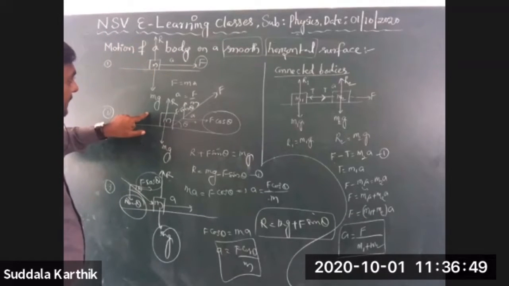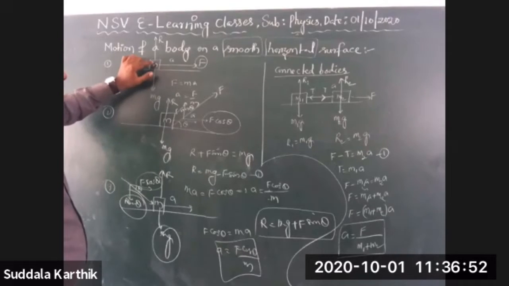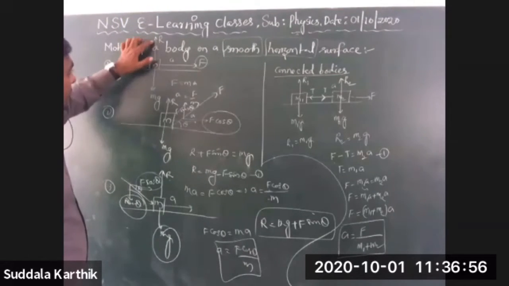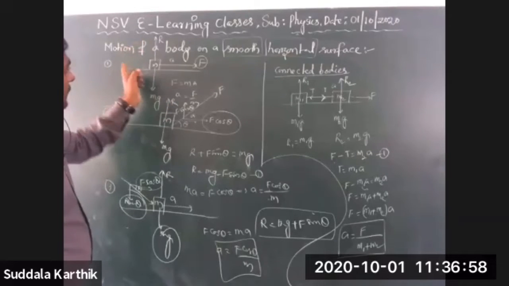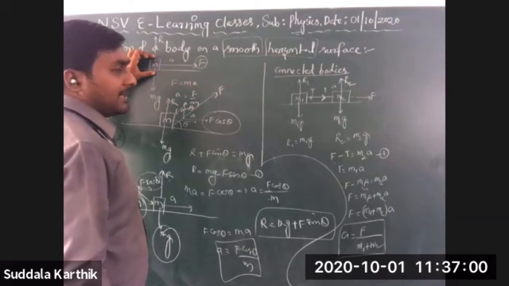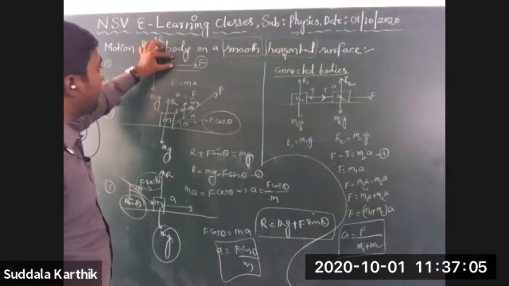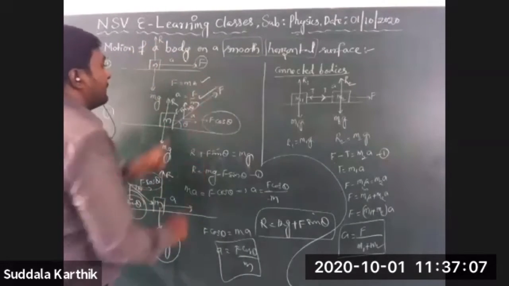Definitely the weight is in the downward direction, and the equivalent normal reaction is developed in the upward direction. So now F equals R equals mg, and it is moving in this direction. It is getting some acceleration, but you know very well, according to Newton's second law, F equals ma, that ma equals F. From that, a equals F by m.